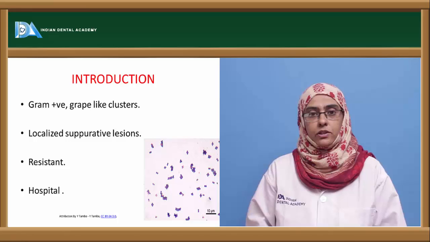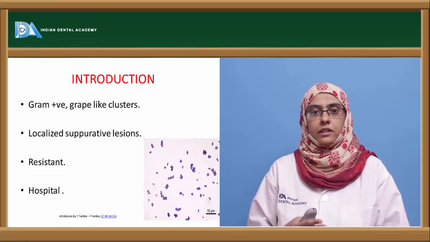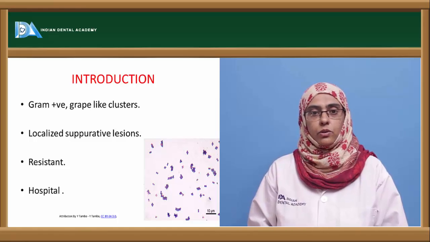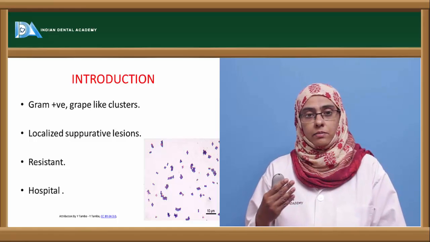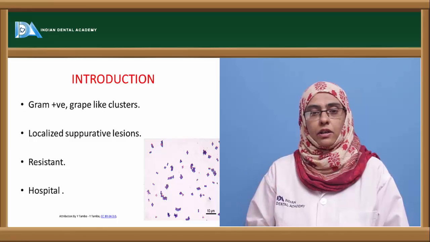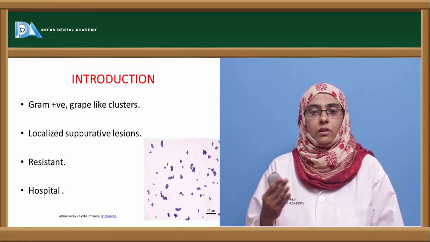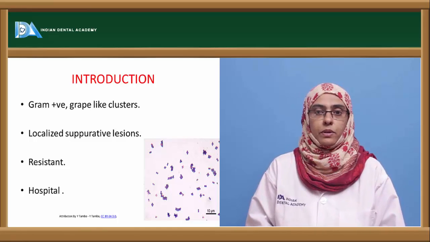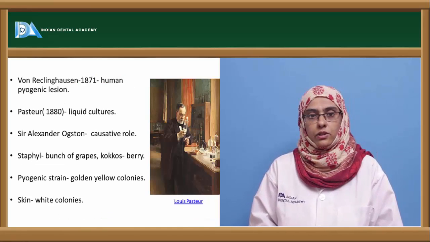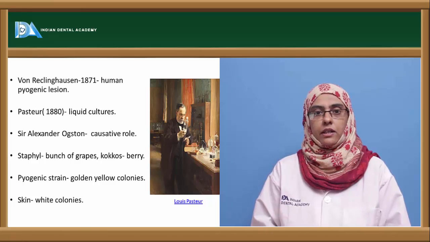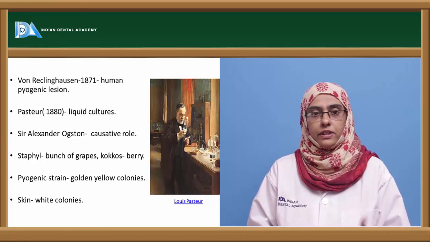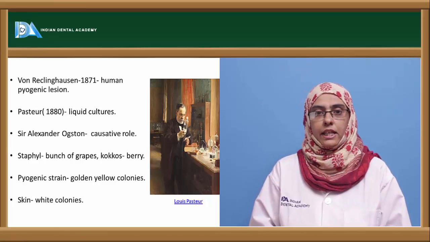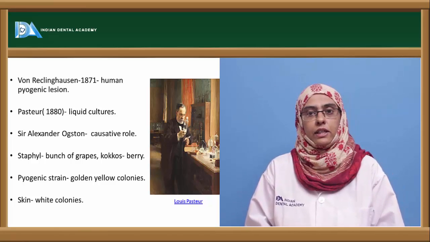The emergence of resistant organisms in the hospital also enables us to know about the different antibiotic-resistant organisms that are causing pyogenic infections in hospitals, usually involved in post-operative abscesses. So these organisms are gram-positive in nature, first identified by von Recklinghausen in 1871, involved in the